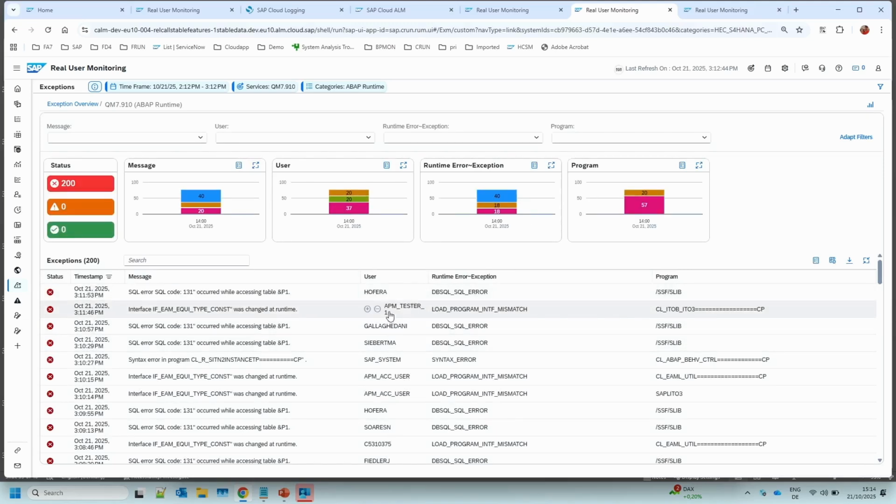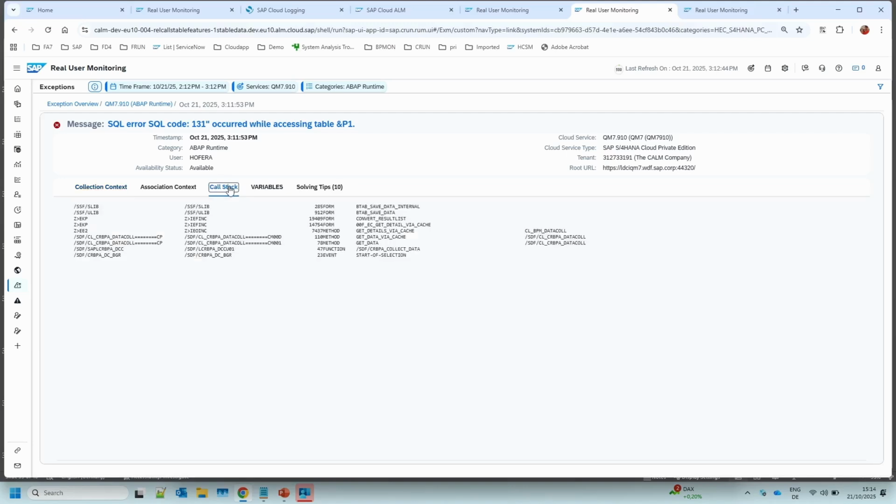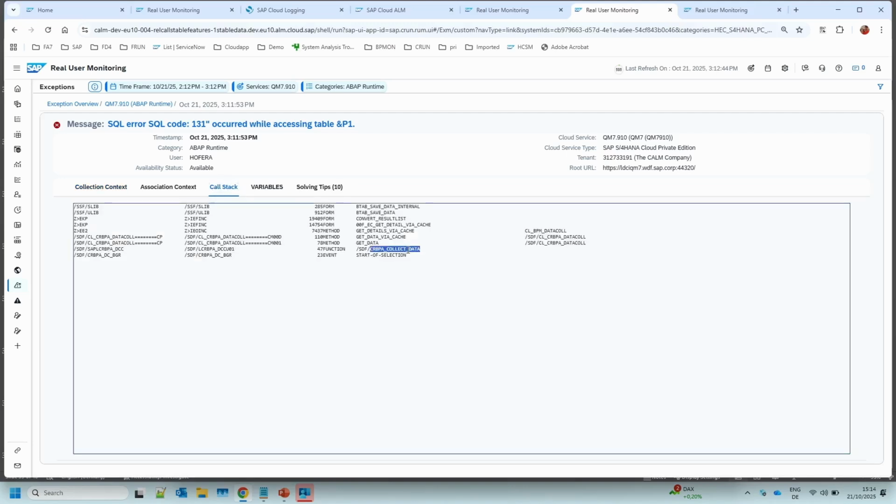Let's take this one. What we measure from real user monitoring is always the entrance, but that's not always where the exception happens. It could be somewhere deeper in the stack, but you could figure that out in the exception monitoring itself.